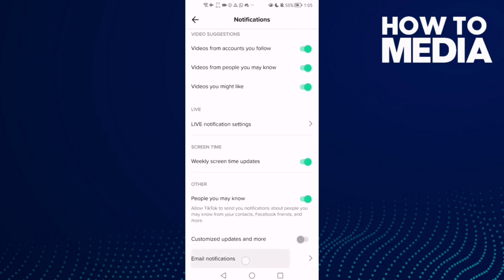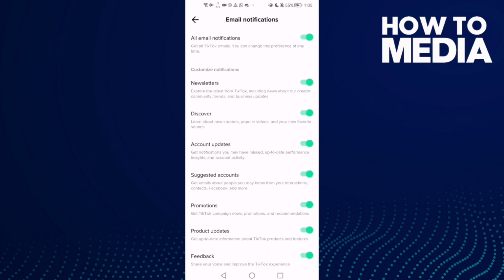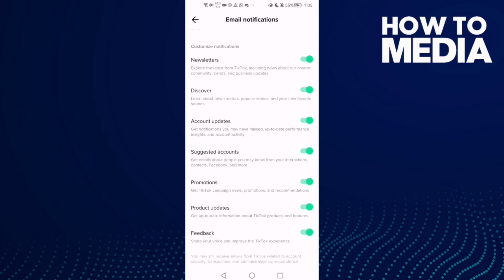and then click this one, email notifications, and here you will find this one, suggested accounts. Now if you want to turn it off, all you need to do is just click on it, and